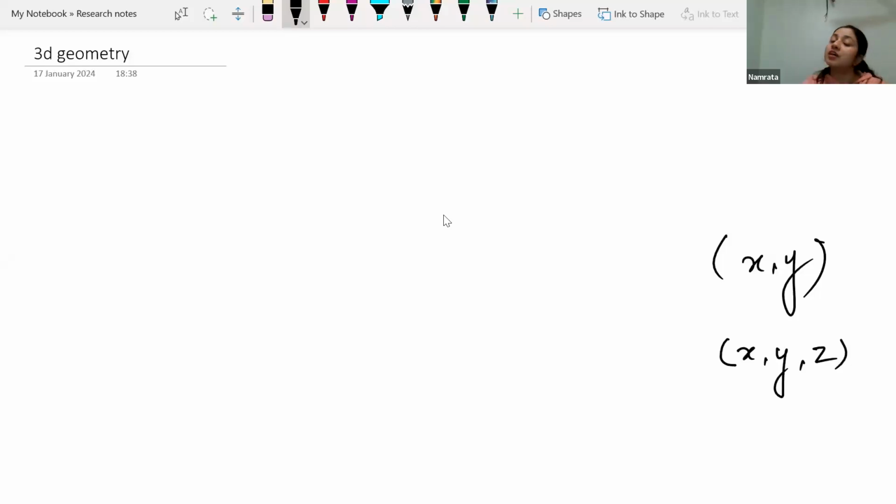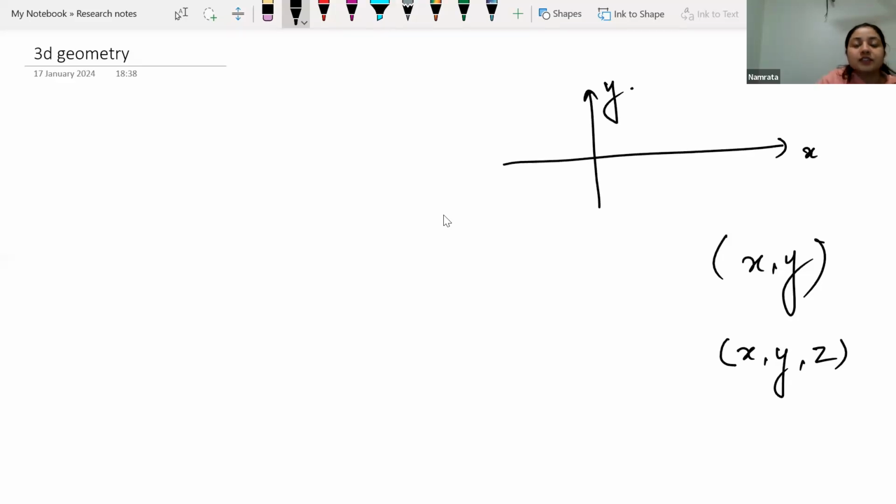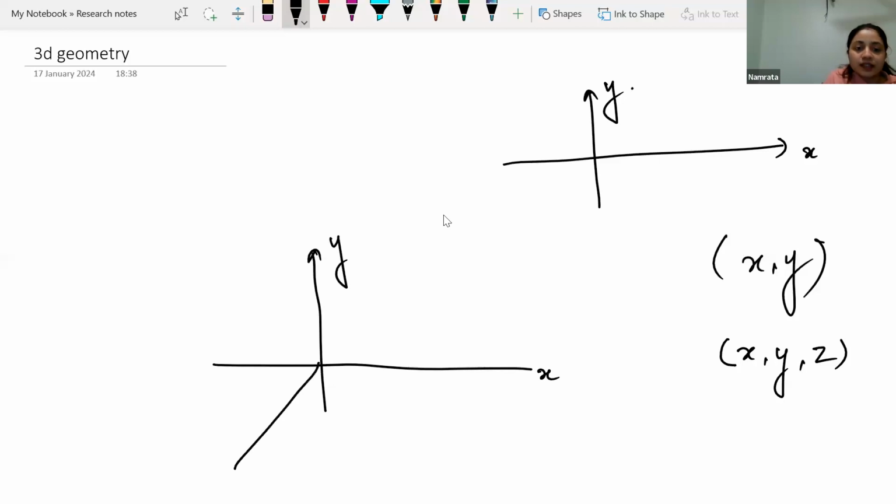There we were taking the coordinate axis as x-axis and y-axis in 2D geometry. Here we will be taking one more axis, that is x-axis, y-axis, and we can take z-axis like this. So this way here the coordinate will be in the format of x comma y comma z. Now